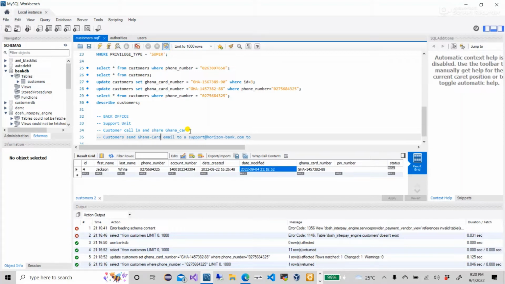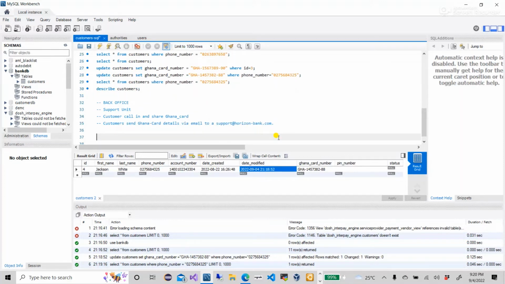Ghana card details via email to this support unit, and then when support gets this Ghana card, there could be a verification they do to confirm it's the actual Ghana card, or they can take a screenshot of it. I'm sorry, they could ask for the actual copy or some scanned document of it, something that would prove that that's the actual Ghana card, and later they could go and verify. I don't know whether there's a portal. There could be a portal for that, for verification,